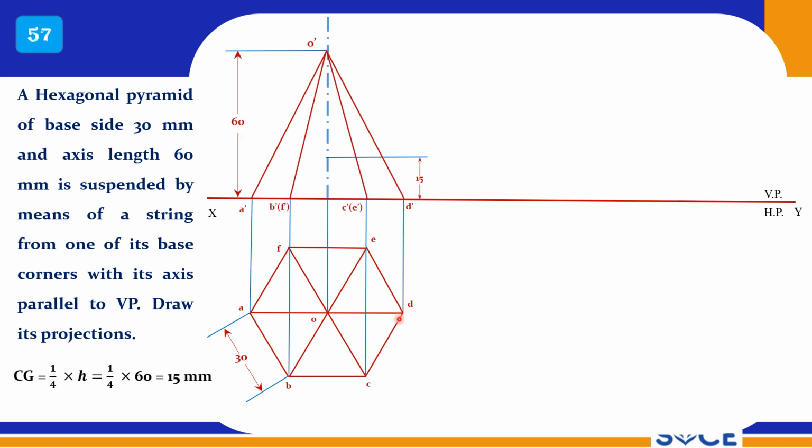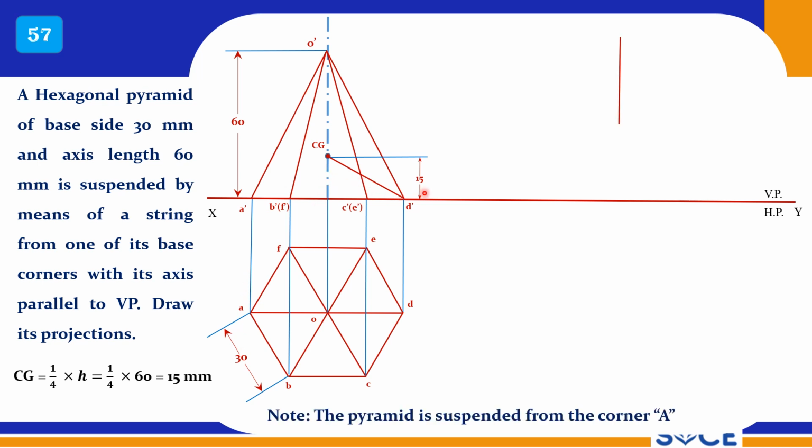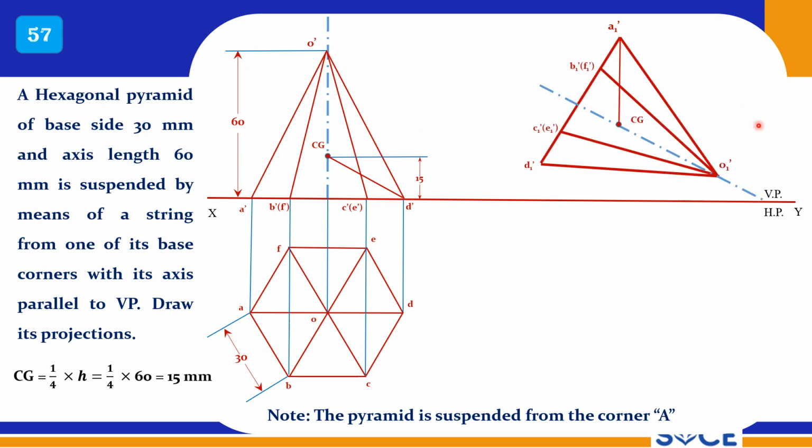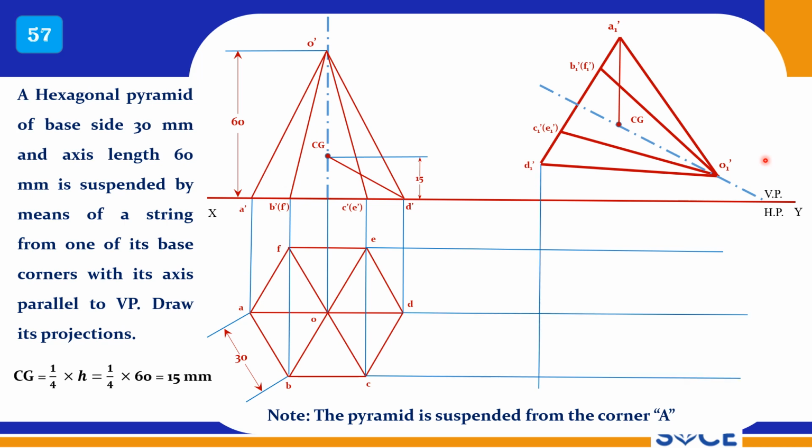So draw the simple front view and top view. It is a very similar problem, and my CG is at 15 mm from the base. Now CG and D, so this should be drawn here, right? As we did earlier, we can reproduce this view with reference to this, right? So now reproduce that view, and you draw the